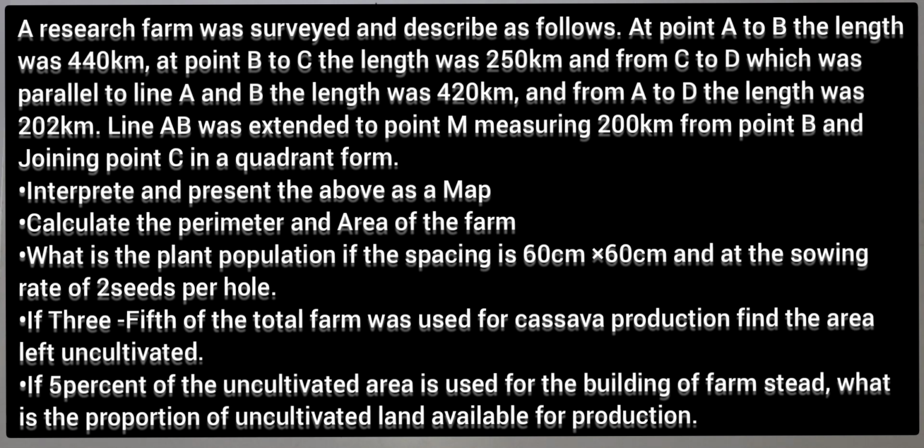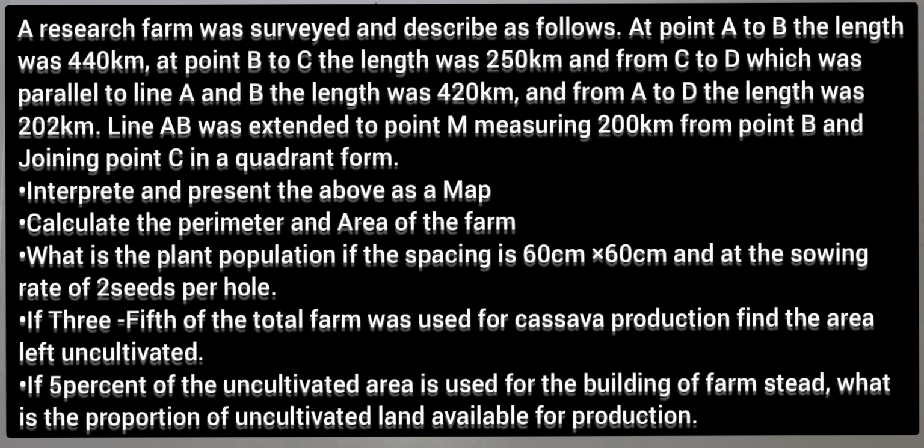Line AB was extended to M, measuring 200 kilometers from point B and joining point C in a quadrant form. The first question says, interpret and present the above as a map. Are you getting it? The second question, calculate the perimeter and the area of the farm. The third question, if the entire plot is used for the cultivation of maize, what is the plant population, if the spacing is 60 cm by 60 cm and